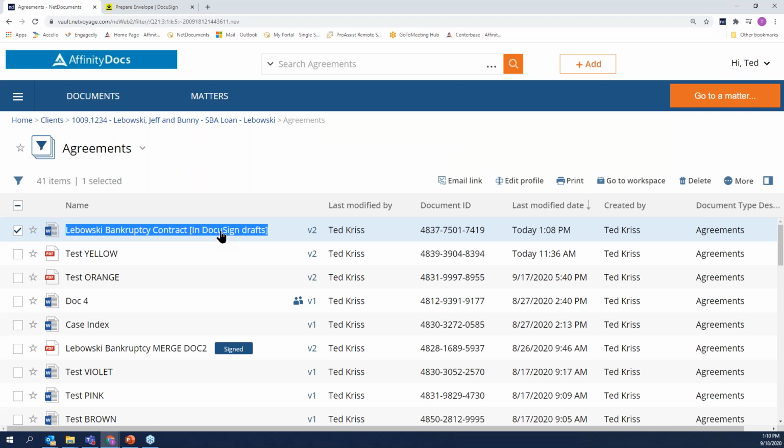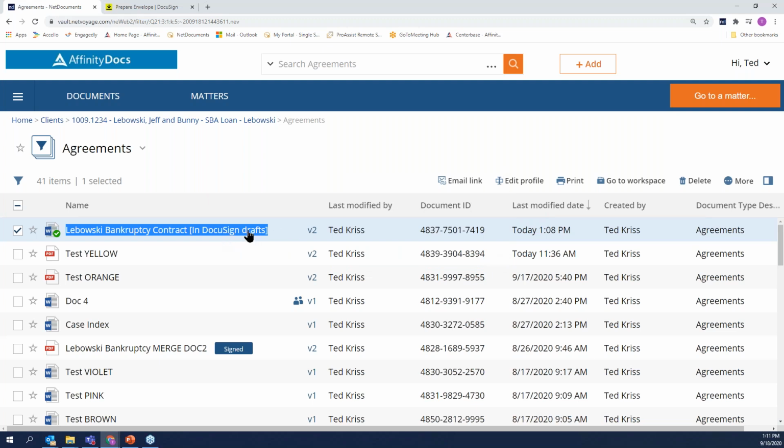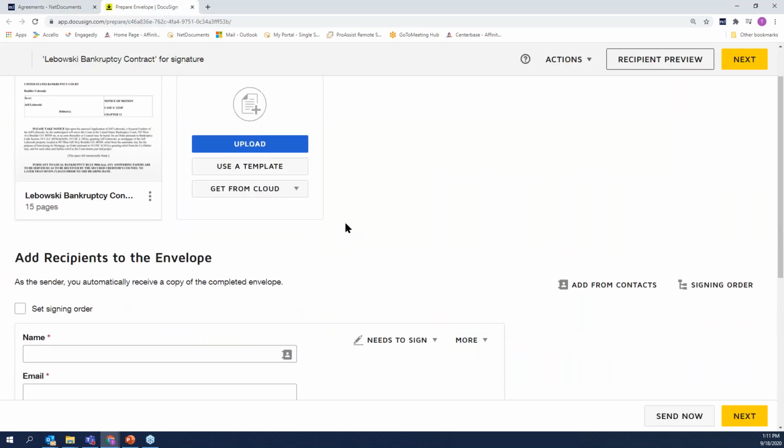Right now, it's just showing us that it's currently inside of a draft process. You'll see that when I click on it, I could view it, but it's not going to let me make an update because it's currently checked out. So again, it locks it in its current state. So if we flip back over here to our DocuSign process,